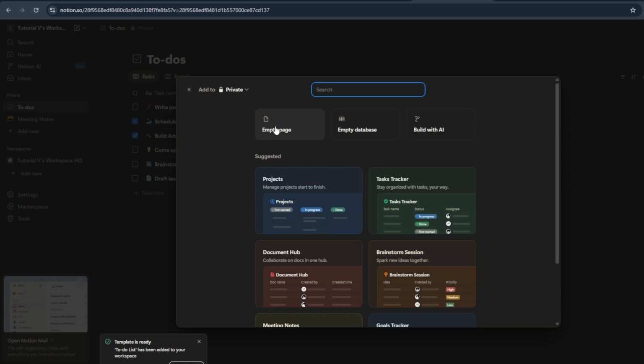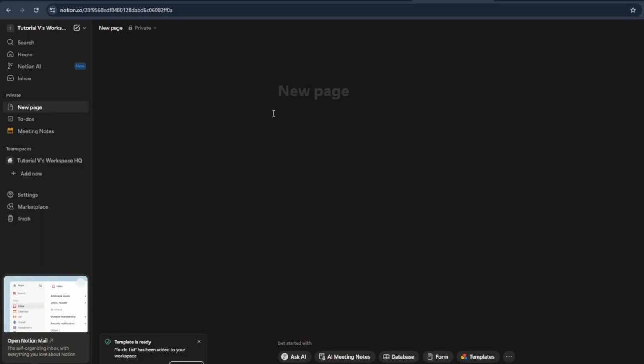Next, let's create a new note. On the sidebar, find and click the Add New button. This will allow you to start fresh with a new page. A blank canvas opens up, inviting you to tailor it to your specific needs. This can be incredibly freeing, as you have the flexibility to structure your notes in a way that best suits